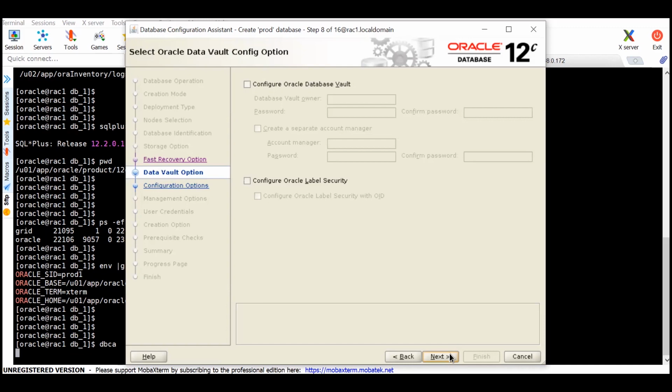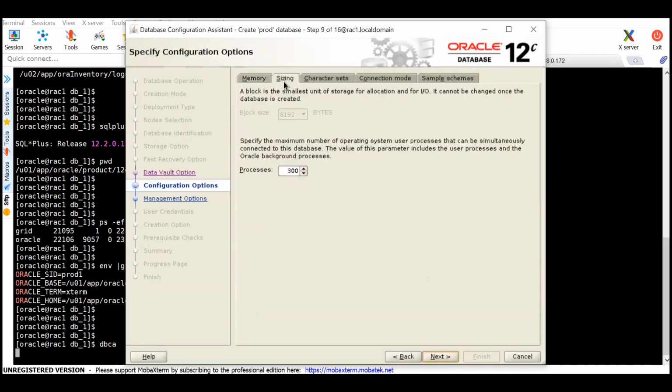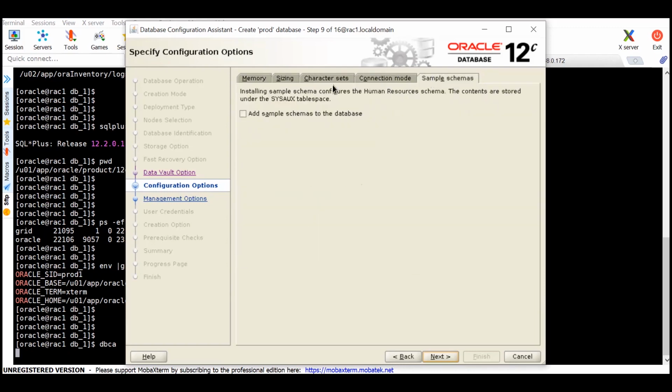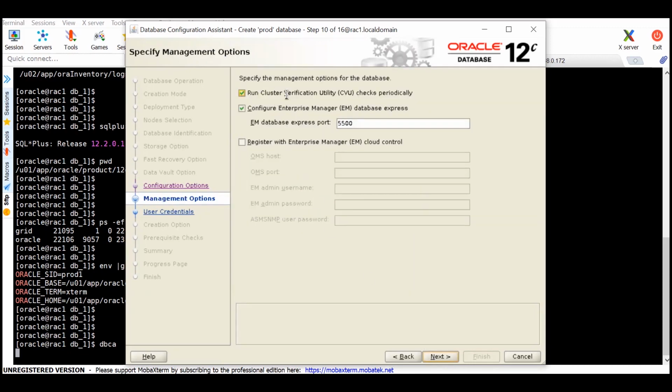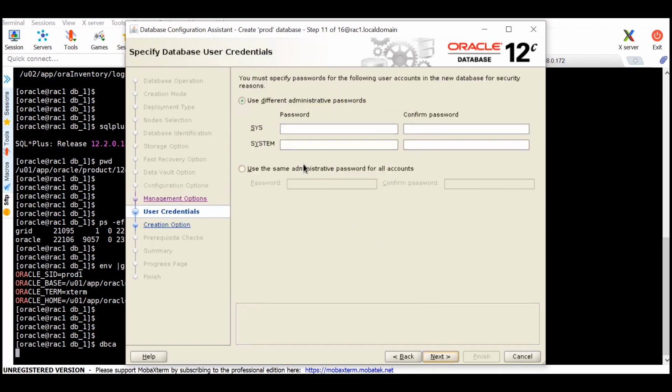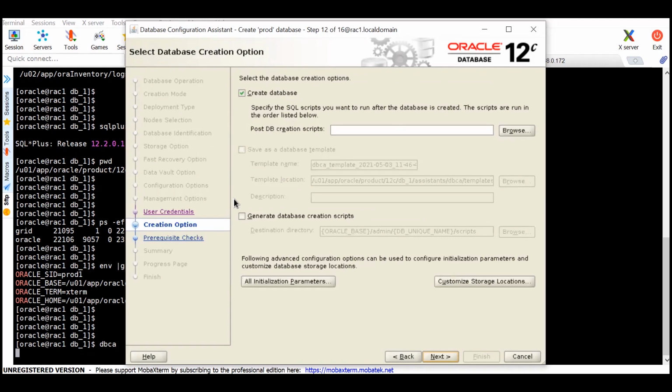Next we have to choose the memory and other details. We will choose the default memory based upon your server configuration. Next we have to choose the management options; we'll skip those. Next we need to provide the user passwords, so we'll choose a simple password so that we can remember it. Click on Next, it will give you warnings, click Yes, and on the final page you have to click on